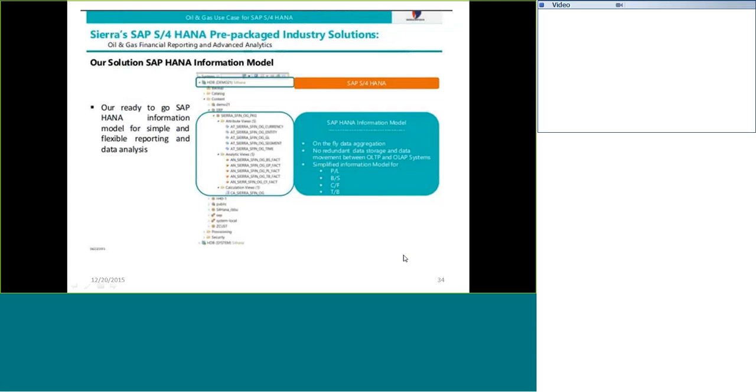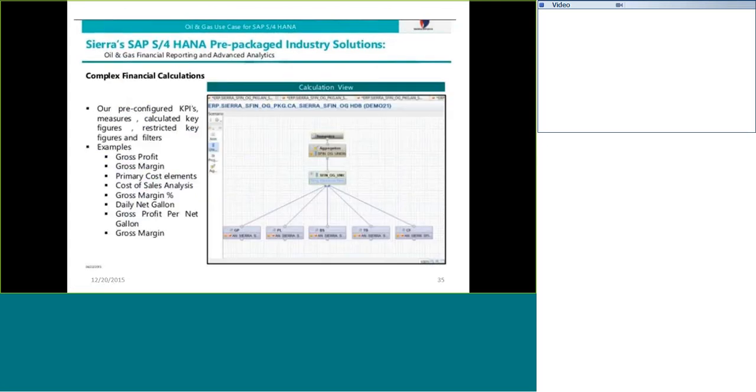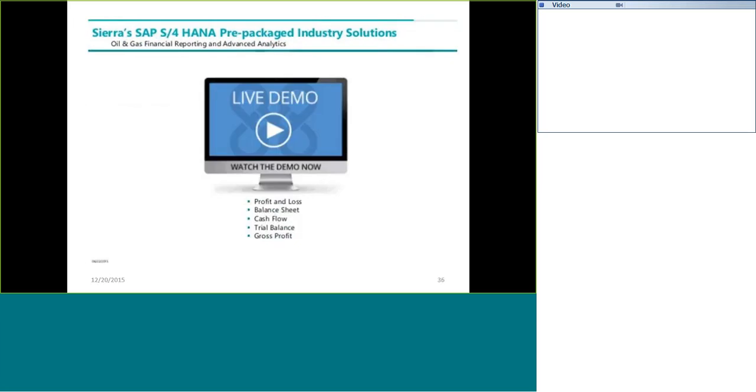Now let me check out the condition controls. So what are the reports which we design? Gross profit, gross margin, primary cost element, cost of sales analysis, gross margin percentage, daily net gallon, gross profit per net gallon. See, in real time, what are the reports which we generate?